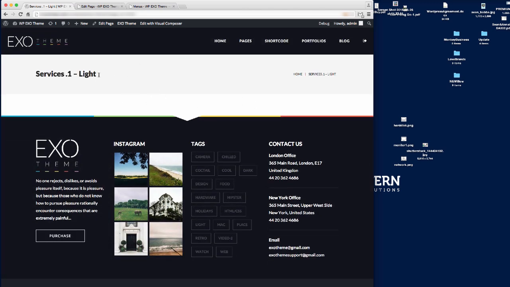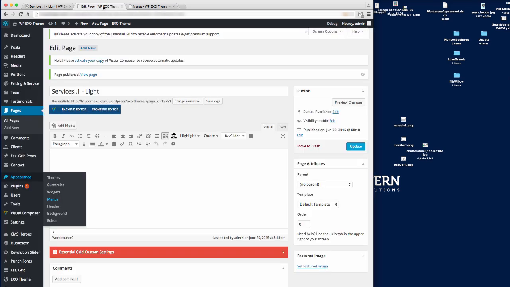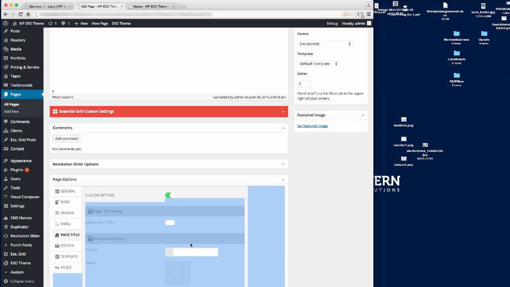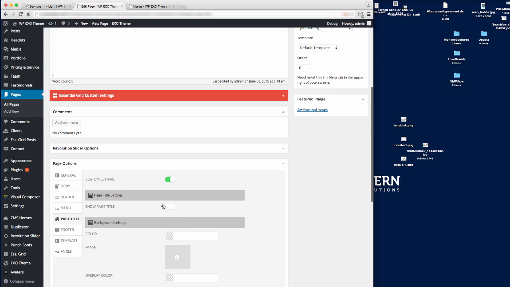Now the first thing we want to do is remove the title bar, if that's what you want to do. So we're going to go down to the theme options here. The first thing we need to do is make the page full width. So I'm going to tick that on because I want the page to be full width. And then for the page title, all we need to do is go down to the page settings. We've got all the different page settings here for individual pages. If I just tick that on, and that's all I need to do there,